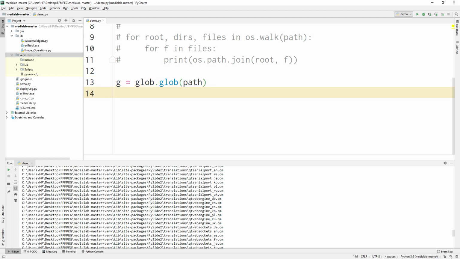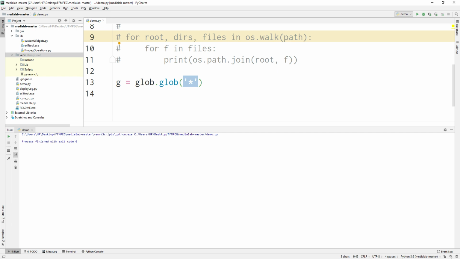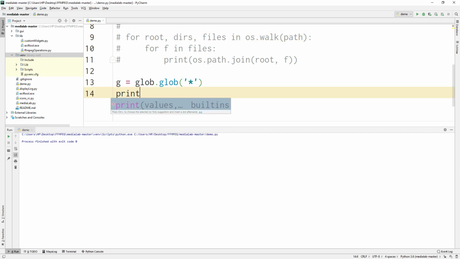Okay, so this will not work that way. If you are providing a path, you need to provide some of the file extension that you are actually looking for. Since we are executing this inside our media lab master folder, you do not need to fully declare the path here. All you have to say is what exactly you are looking for. So let's say glob.glob, show me all items that exist in my current working directory, cwd. Let's run this, and we haven't printed that, so let's print g